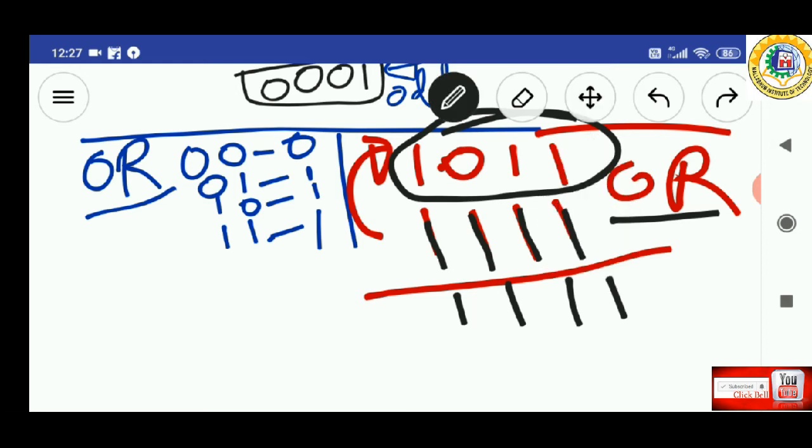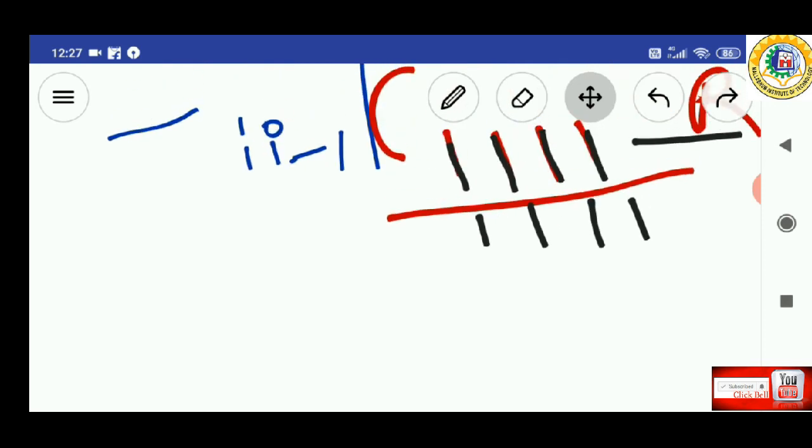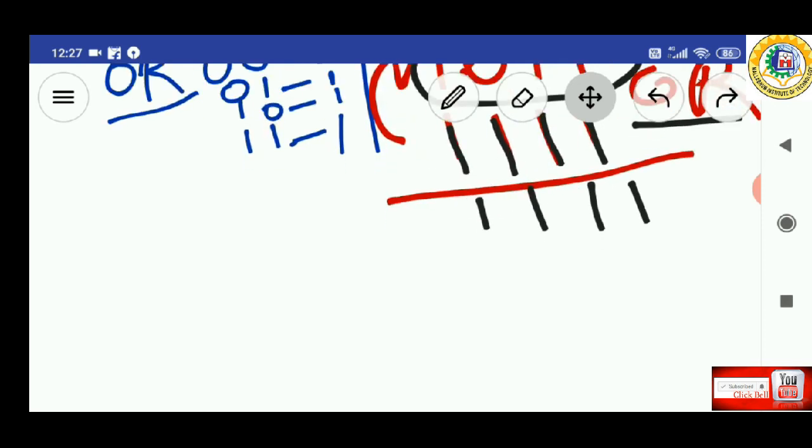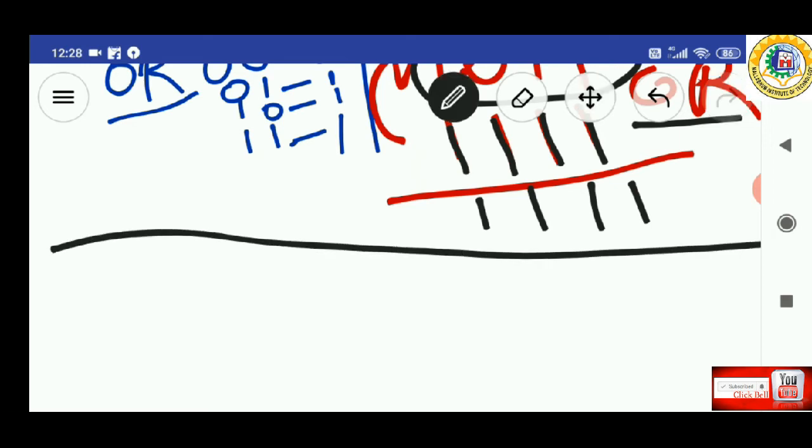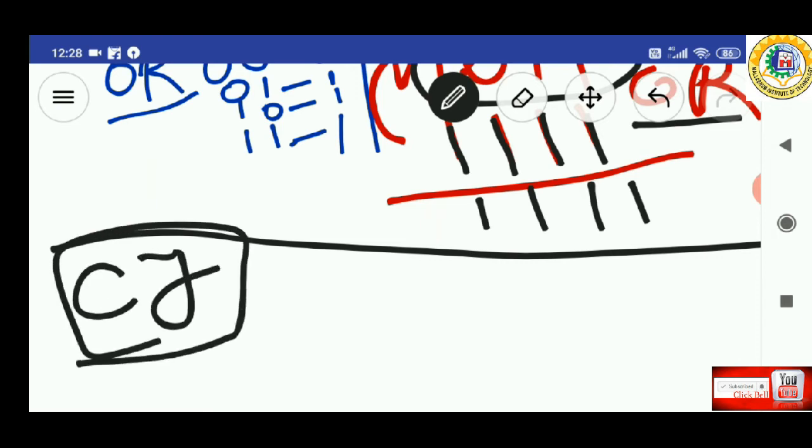Now the next applications are set carry and reset carry, or clear carry and set carry. In the 8085 microprocessor, there is a flag called the carry flag. This is a 1-bit flag.